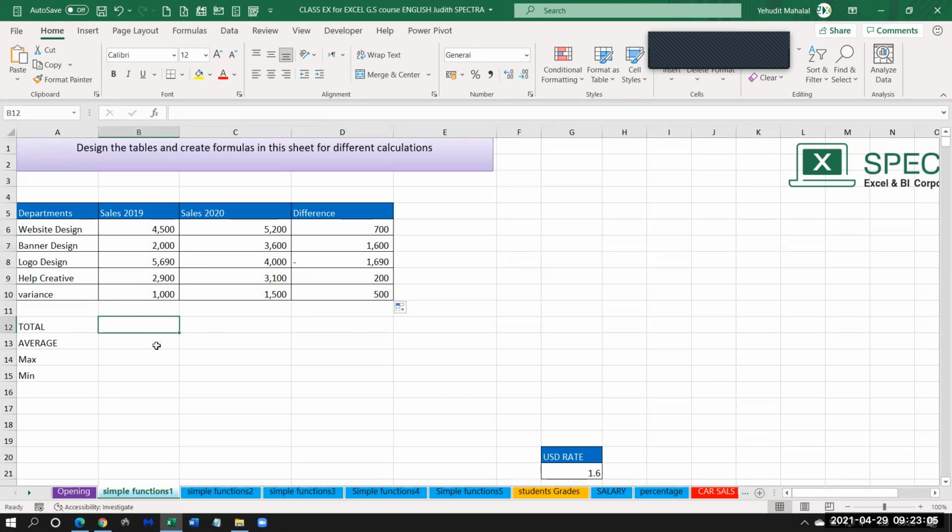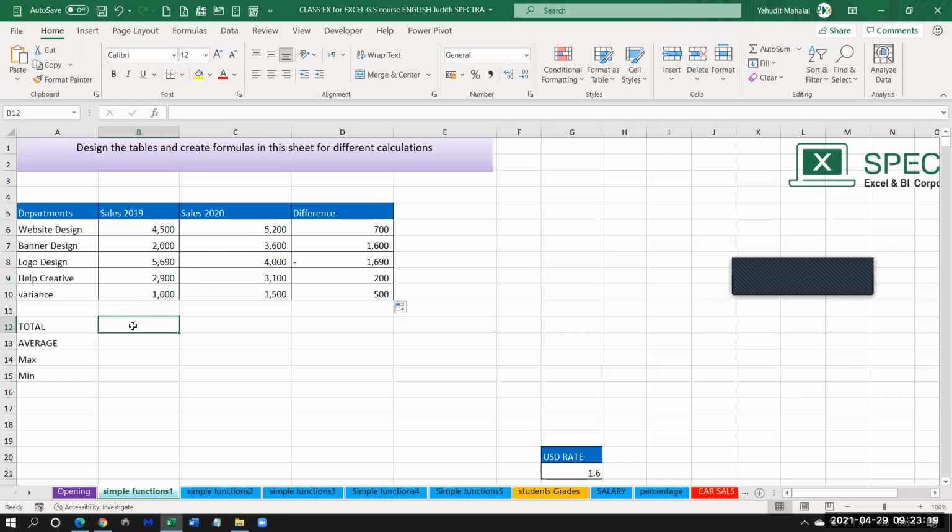I'm standing again where I want the result to be. I can start with the equal sign, but I don't need to do that. I'm standing where I want the result to be, and in my Home tab ribbon, in the group called Editing, I have this icon, the AutoSum icon, the Sigma icon. I can open it, and here I see 5 statistical popular functions: